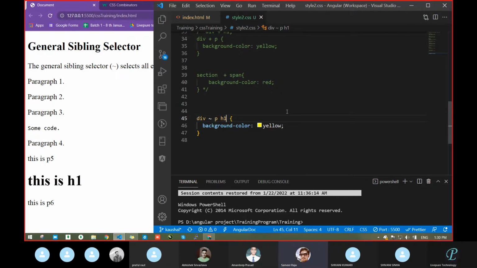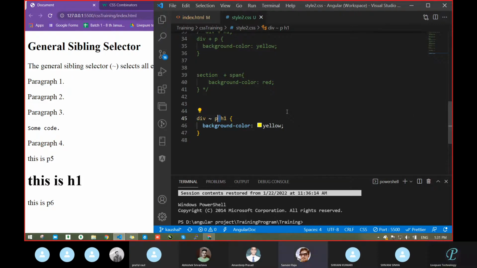So it's not working like a descendant selector. Conclusion from this, why does it not work? What is this selector? This was the general sibling selector. General sibling. What about a space?